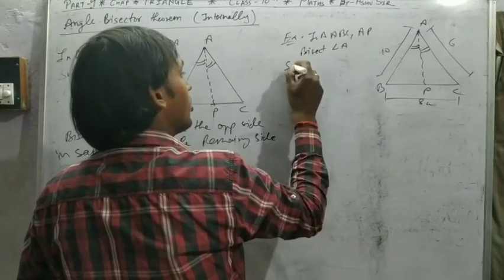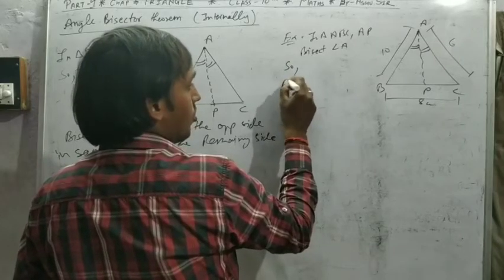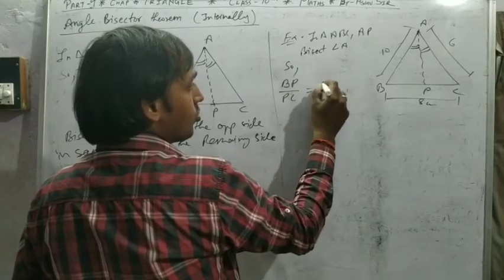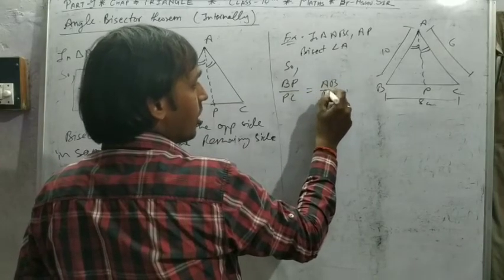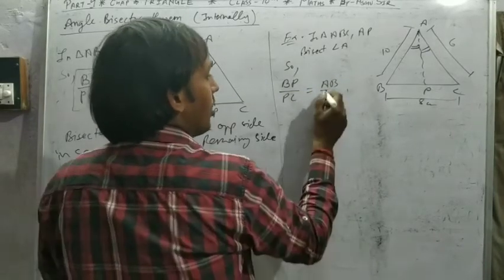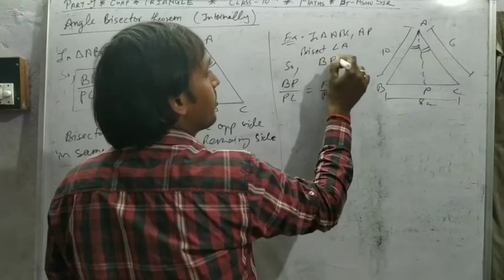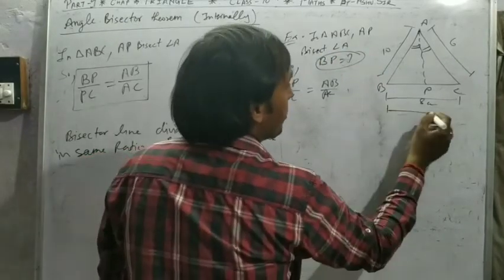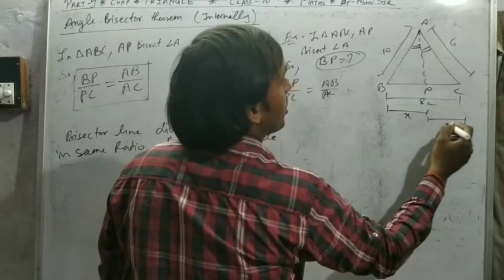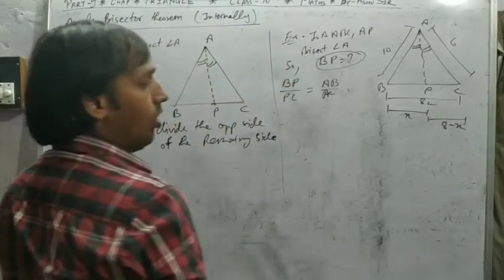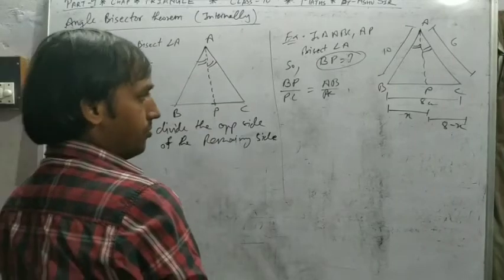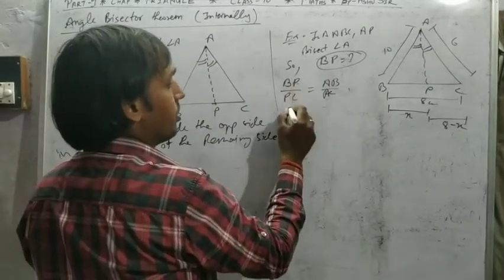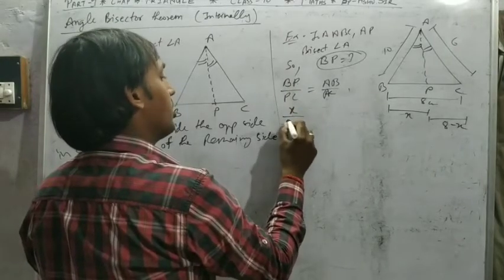So BP upon PC is equal to AB upon AC. If the question says find the value of BP, so let BP equal to X, so PC is equal to 8 minus X. So BP X, PC 8 minus X,